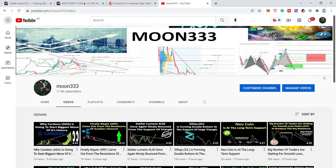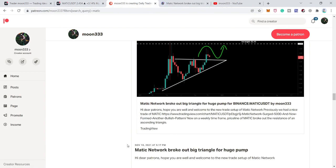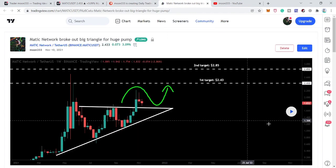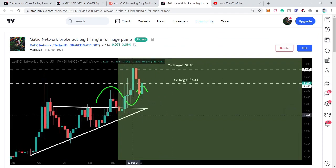Hope you're well and welcome to the new update on Polygon MATIC. In my last video, I told you that the price line of Polygon is testing the previous resistance of the triangle as a support, and at the same time, it was testing the support of a very big rising wedge pattern. And by the way, this was the triangle that I shared for my members at the Patreon on November 10th when the price line broke out the resistance and it was moving down to retest the resistance of this triangle. Now, after playing the chart, we can see that the price line rallied very well from $1.83 to $2.92